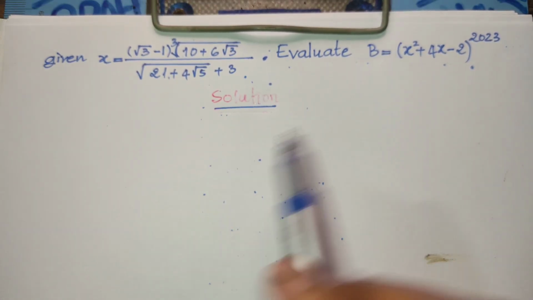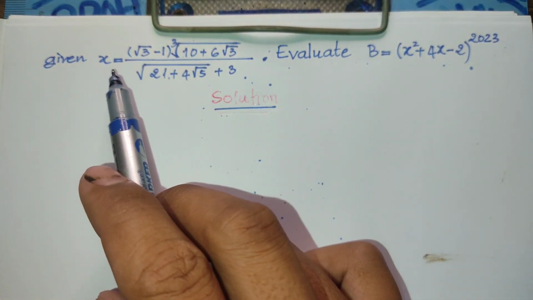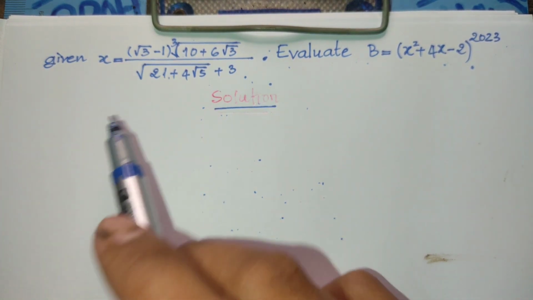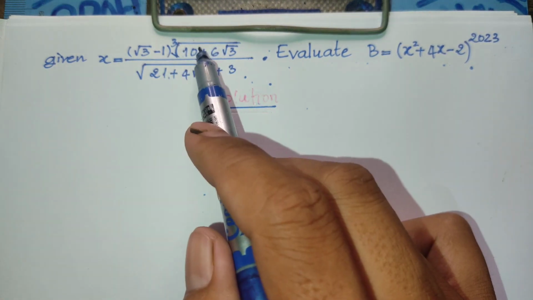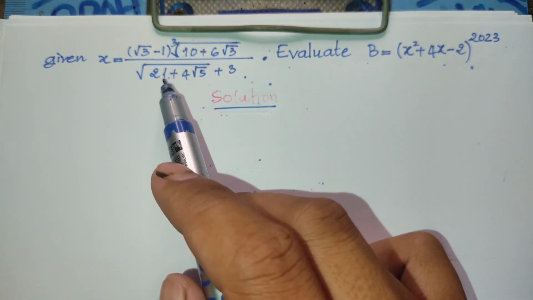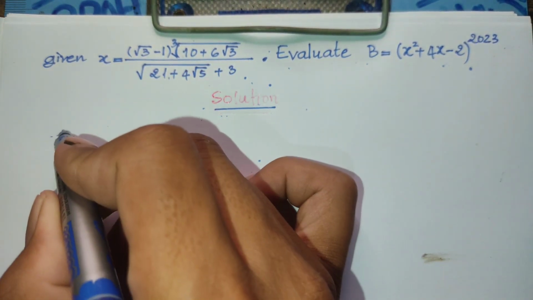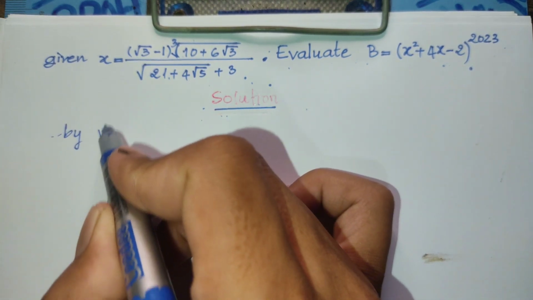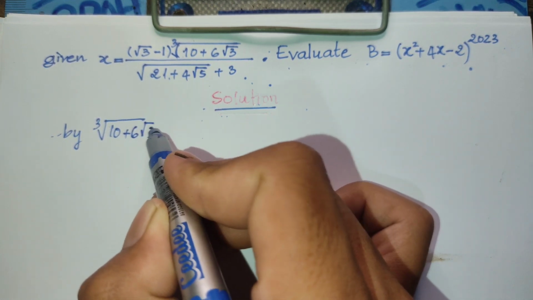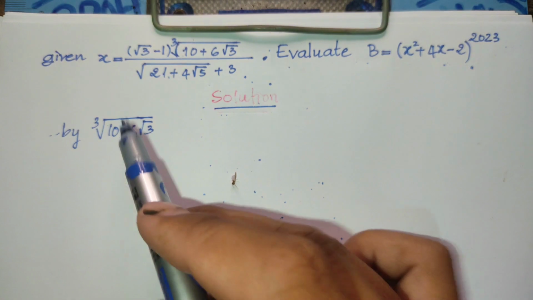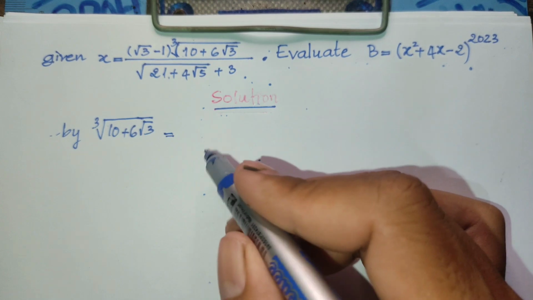Okay, to find the value of this expression, we must know the value of x. So to find the value of x, we must find the values of this expression and this expression. Okay, now I deal with this one and then this one. Now, for the cube root of 10 plus 6 square root 3, I must write this to the power 3. So I can write it equal to the cube root of,